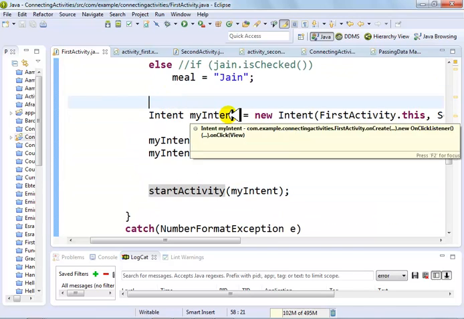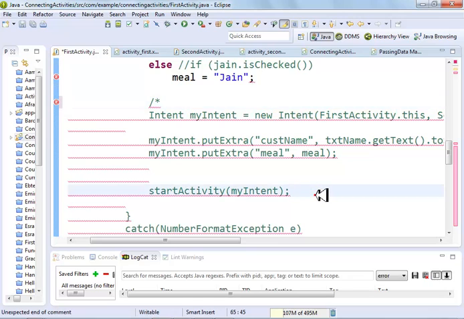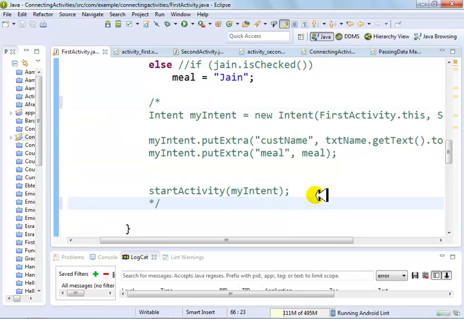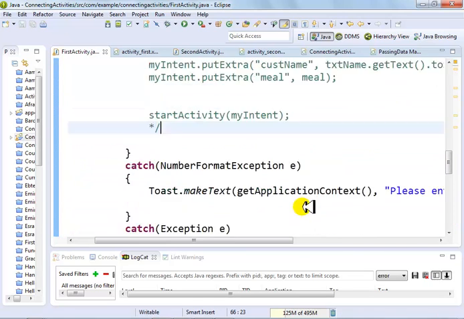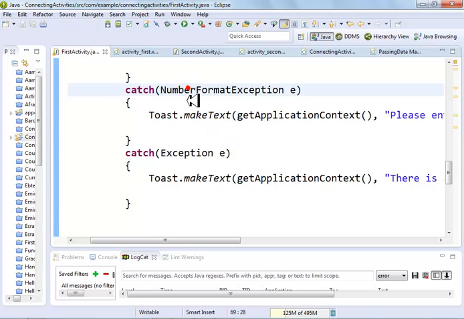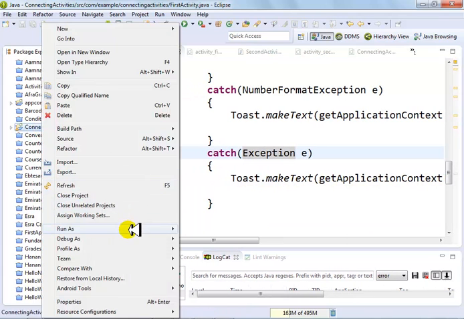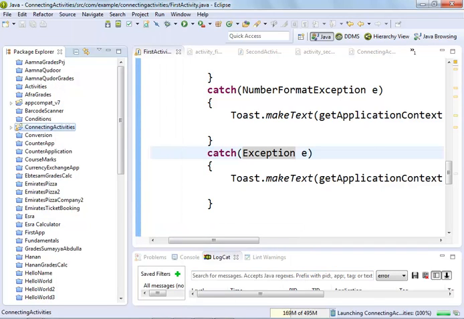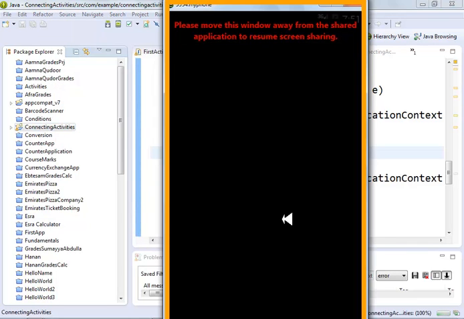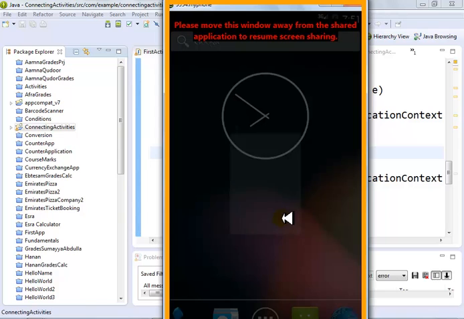now I'm gonna disable this code just to show you how this exception chaining works. When I say this is number format, it will only show this, and when I say this is general exception, it will only show this. So now I'm gonna run this. Right click, run as Android application. Come to your Android application, and now you'll see